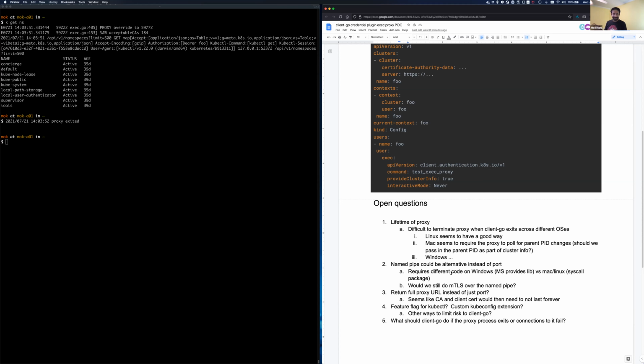Linux seems to have a relatively defined way. Good on Linux for that. Windows, I don't understand. There's something called a job and you can do something with it, but I couldn't tell if that would work on SIGKILL or not. On Mac, like my machine, the proxy itself has just a goroutine that's trying to figure out